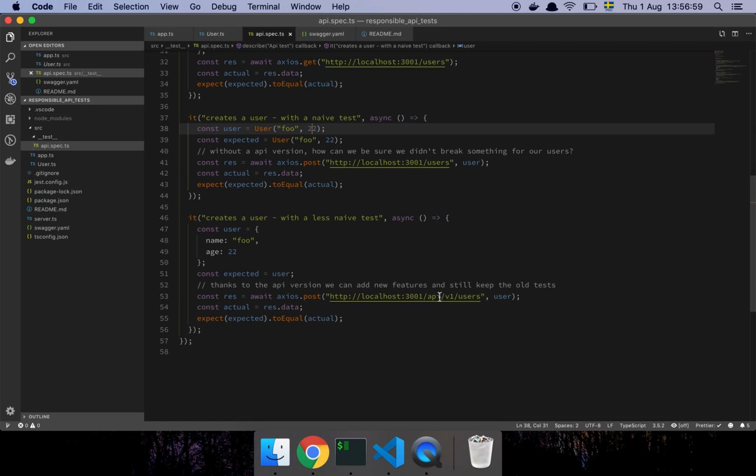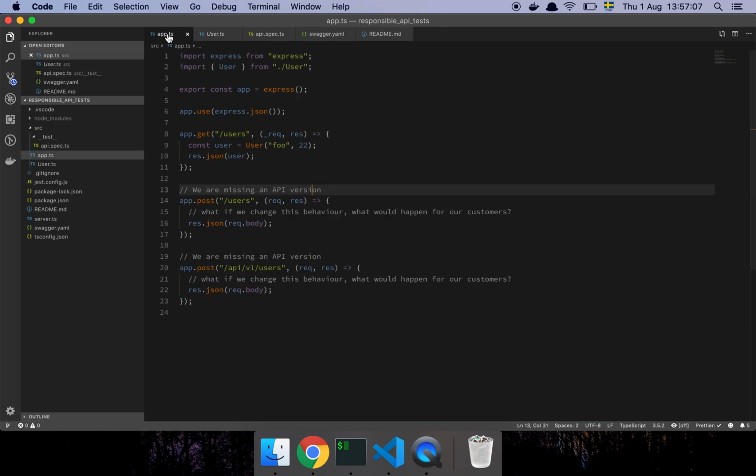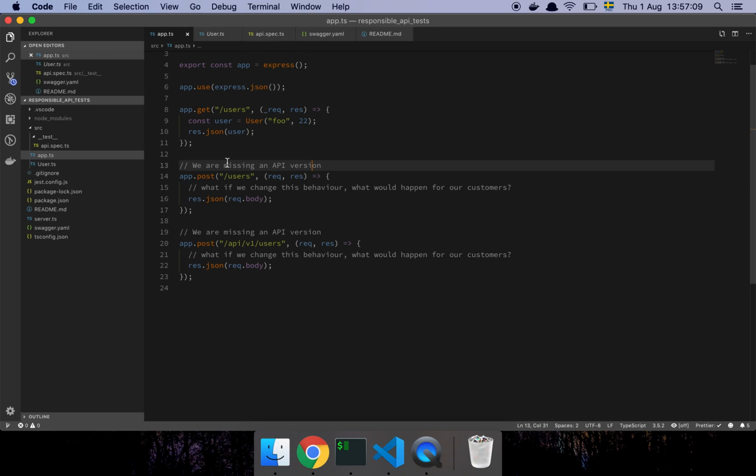And here we see that we've added something like API/version1/users. Now, what's nice about this is that if I go to my code here, this is the actual implementation, if I have this endpoint without a version, it becomes very tricky for me to be backwards compatible, because if I change the behavior of this, it's almost impossible for me to know if I broke something for the end consumer. But if I have a version, then it's very simple for me to simply say, all right,